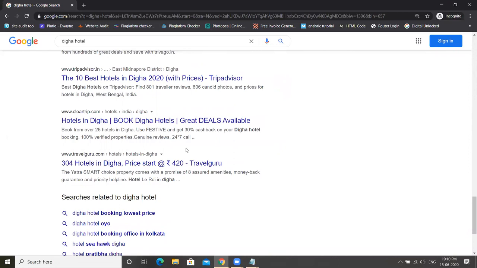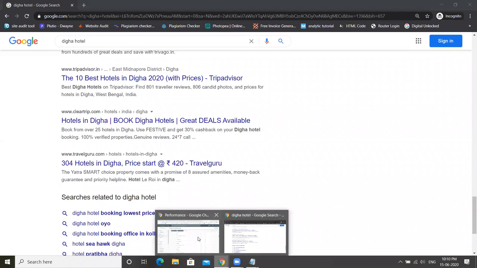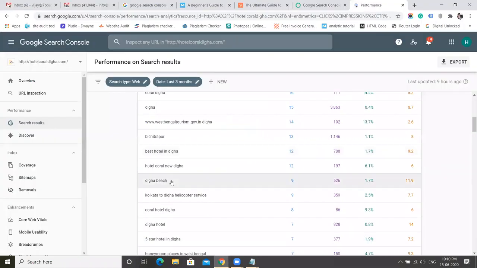User intention says that they want to see the list of the websites or list of the hotels. So it will always show these websites. But if you search any other keywords, apart from these 2 or 3 keywords, you will find hotel coral. Okay? So that way you have to identify, जैसे यहाँ पे देखो,